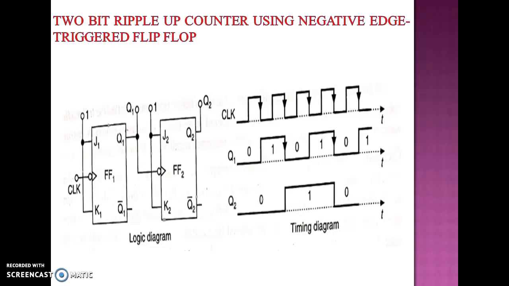That means 1, 1. When we apply the fourth negative clock pulse, flip-flop 1 changes 1 to 0. So, the negative going signal is applied to flip-flop 2. The flip-flop 2 is also activated. That means flip-flop 2 value changes 1 to 0. So the state is 0, 0.